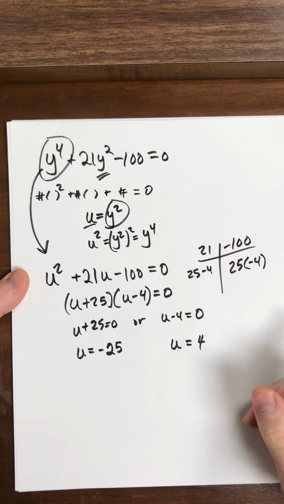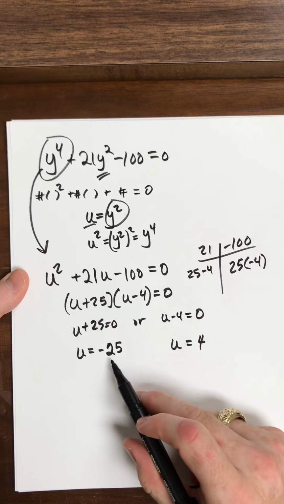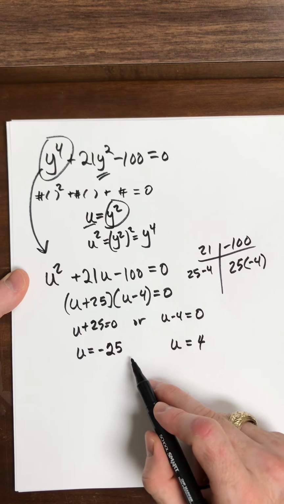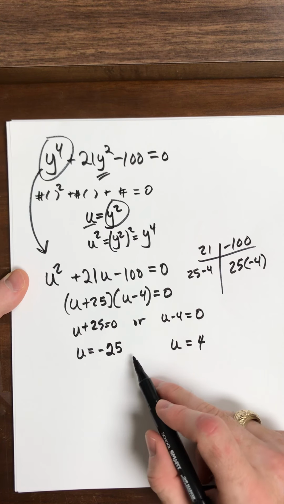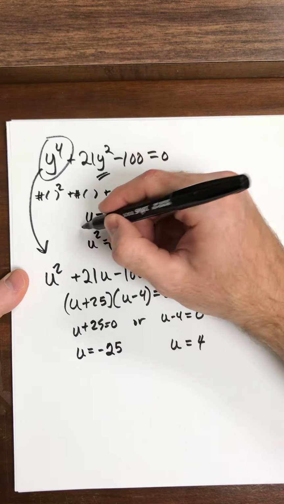But what's our problem? The original problem was not in terms of u. However, if we take u and replace it with what it equals,